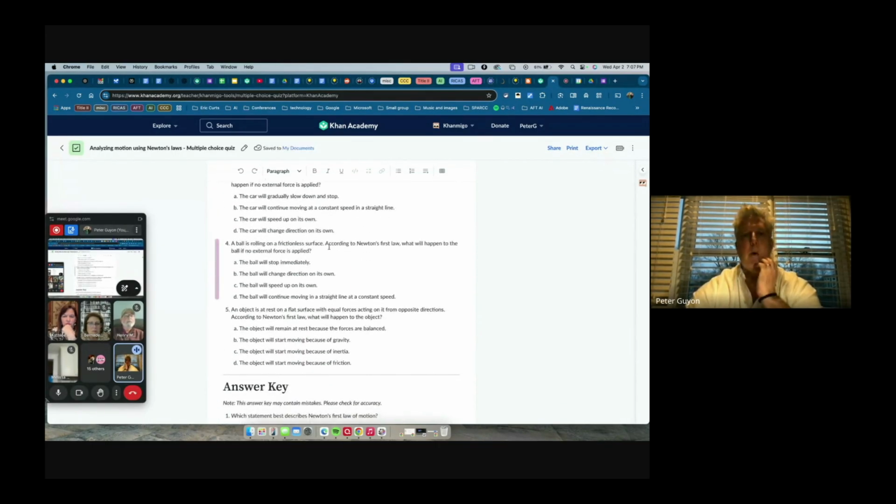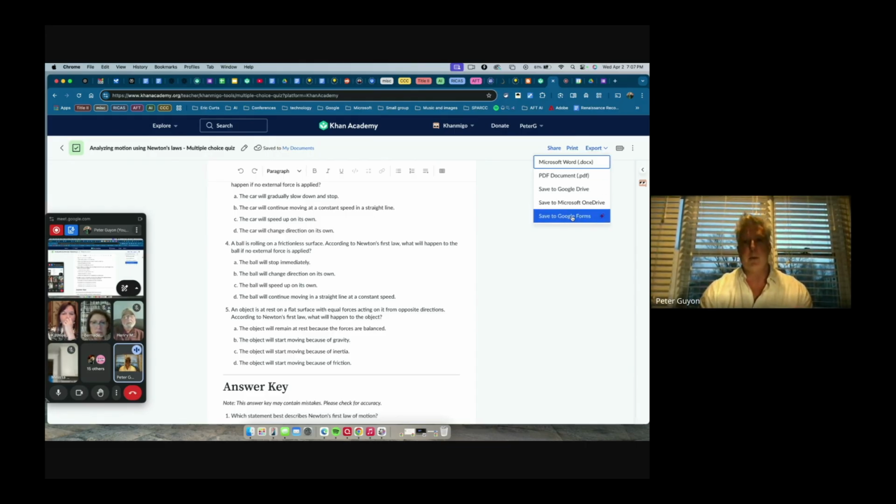If you notice that when I put in Newton's laws, there were a couple of options that open up below that. That's kind of where the Khan Academy piece comes in, but I'll get to that in 1 second. While I'm here, let me show you one thing, and then I'll show you the Khan Academy piece. When you create these questions, and if I go to export now, you'll see that now I have the option to make this multiple choice quiz a Google Form very easily. Rather than creating a Google Form, you create your multiple choice questions in Khanmigo. I click Save to Google Forms.